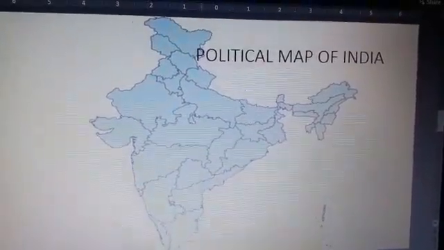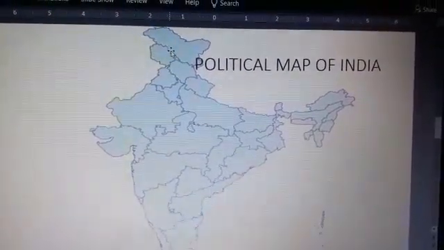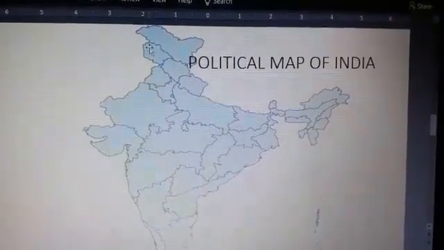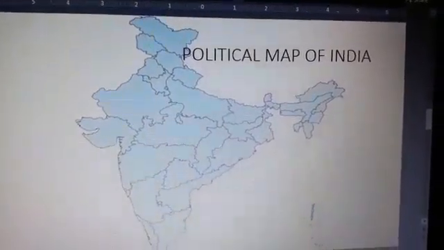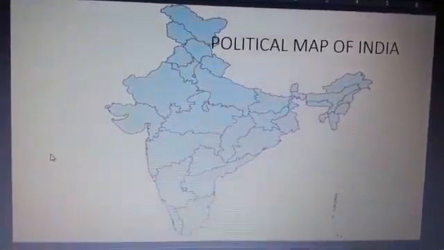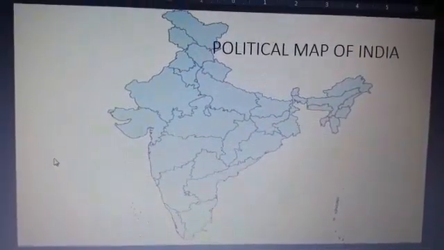This is Jammu and Kashmir, and here is this demarcation. So you can check also, right? So when you go to the bookshop, you have to ask for a new political map of India. Okay.